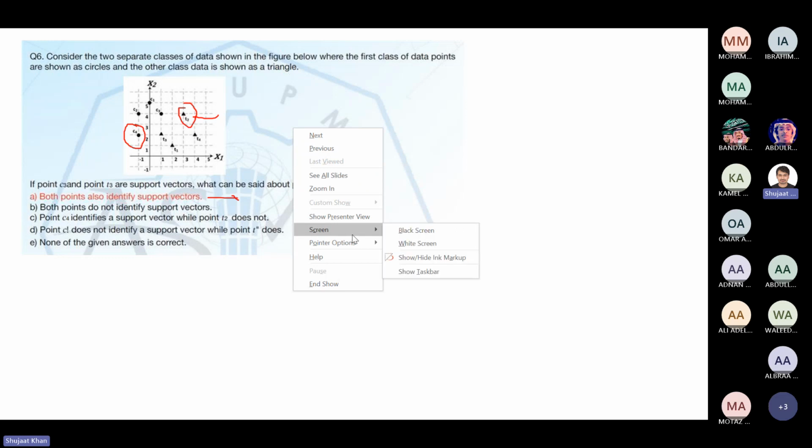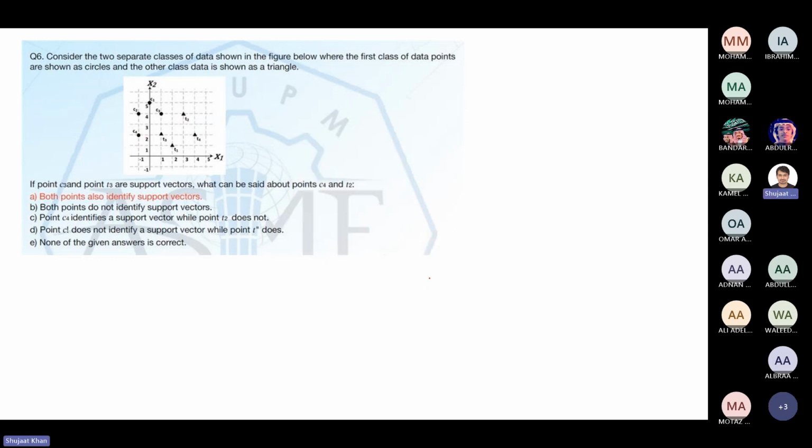In the previous question, I explained the definition of support vector. What is the definition of support vector? Support vectors are the points that, if you remove them, will change the margin. So is it possible to increase the margin by removing them? If I remove it, the margin is this one. It's not changing. If I remove this one, the margin is not changing. But what about if I remove this one? The margin is still the same